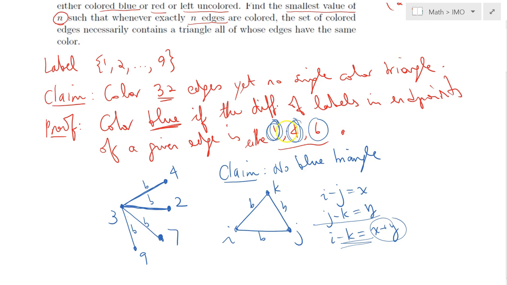So no element among 1, 4, and 6 is equal to the sum of the other 2 elements. So as a result, our claim holds. There does not exist any blue triangle in this situation where the difference of the endpoints is equal to 1, 4, or